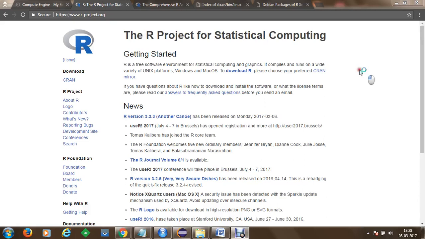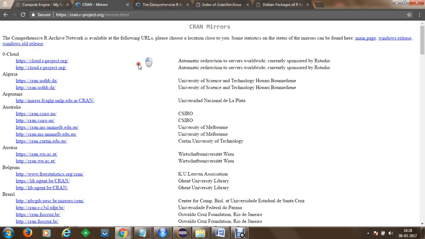Welcome. In this session, we are going to understand how to download R project for Linux instance. Once you proceed to the website rproject.org, you can go to download CRAN. Within this CRAN, comprehensive R archive network files are available. Once you click on this website, you will proceed to CRAN mirrors available.